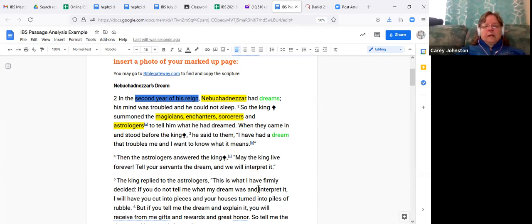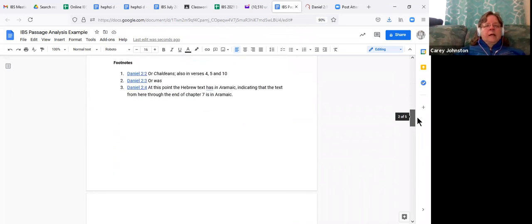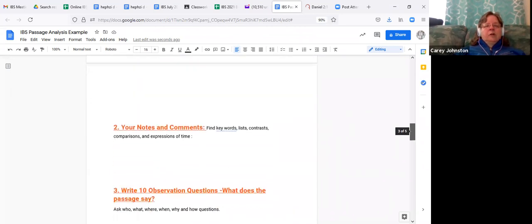So here's the word like interpret. So you go through like that and ask those observation questions and begin to highlight your passage to bring those out. Then once you have that all done, you're going to go down here to your notes and comments,